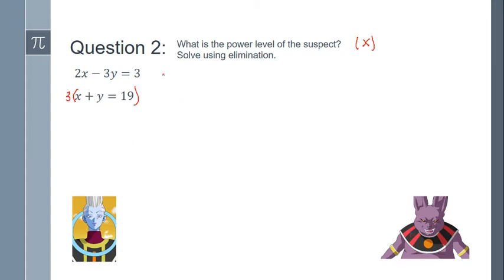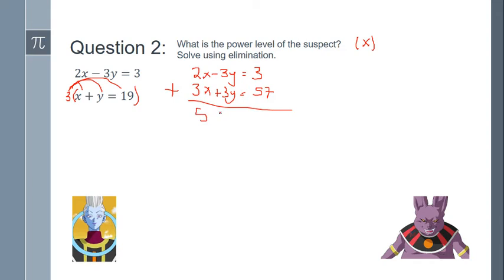Remember in question 1, we said we should multiply the second equation here by 3. All right, so I'm going to copy down the first one. I'm not going to change the first equation at all, so I'm still going to write 2x minus 3y is equal to 3. And then in the second equation here, I multiply everything by 3. So I'd end up with 3x plus 3y is equal to 19 times 3, which is 57. All right, now that I got the coefficients of y to be equal and opposite, when I add these two equations together, they're going to eliminate. That's why we